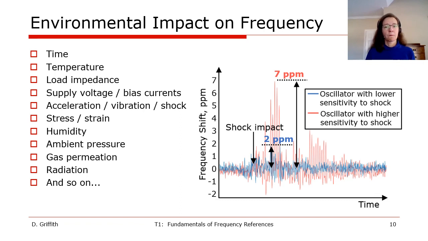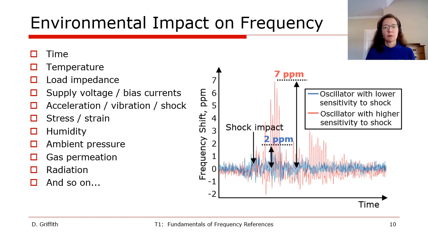vibration, or shock. An example of this is shown to the right, where the frequency shift versus time is plotted for 2 different oscillators. A shock occurs at the first black arrow, and then the oscillator shown by the red curve has a 7 ppm frequency shift in response to the shock, while the oscillator shown in blue shows only a 2 ppm